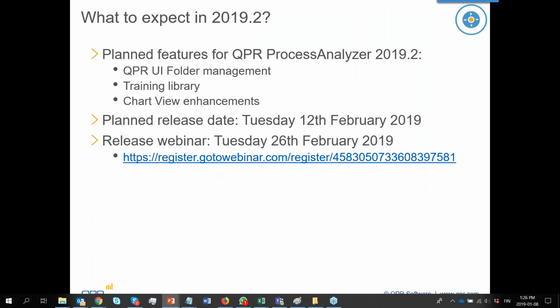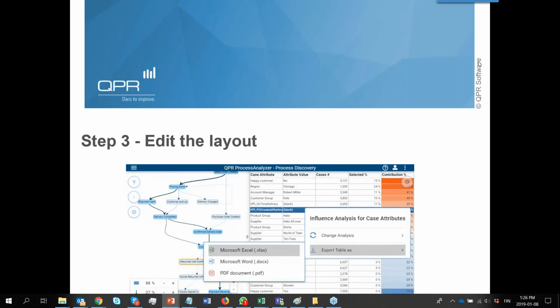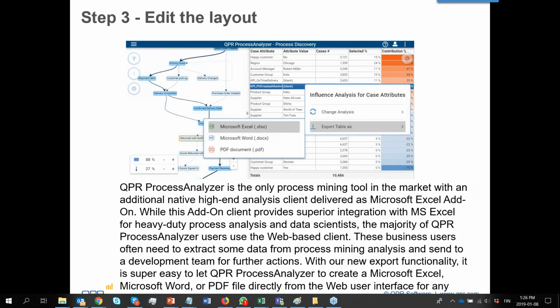So I guess we have a couple of questions. Okay. So this question is about the exporting. Okay. So is it possible to export the process map also to Excel, Word, or PDF? Okay. There are a couple of